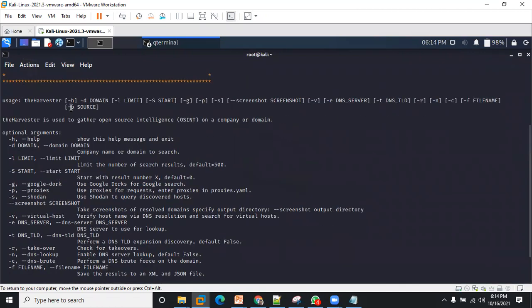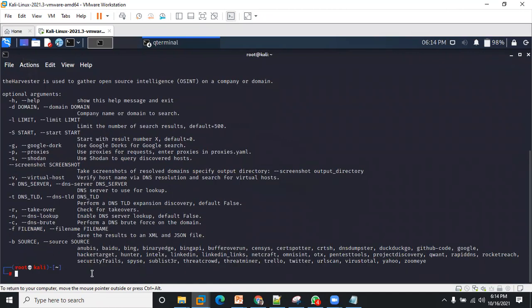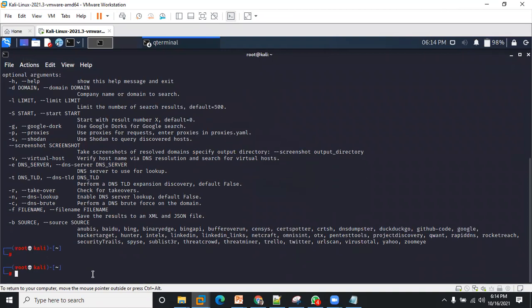So how do we use theHarvester tool? Not to waste much time, the first thing you are going to type is theHarvester. Then the next thing, you can see the various options.